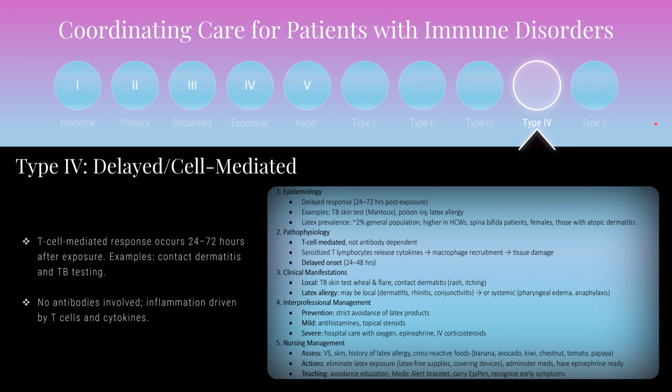And so the type 4, I said about the TB skin, the patho is the T cell mediated, the cytokine release, macrophage recruitment, inflammation, delayed onset,